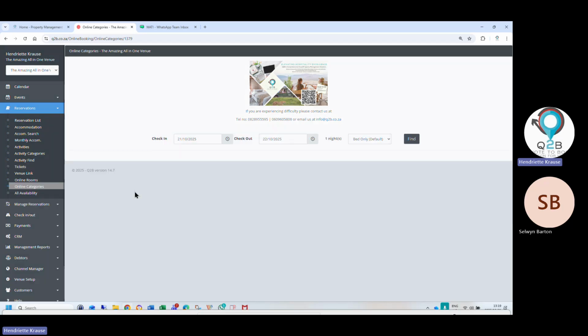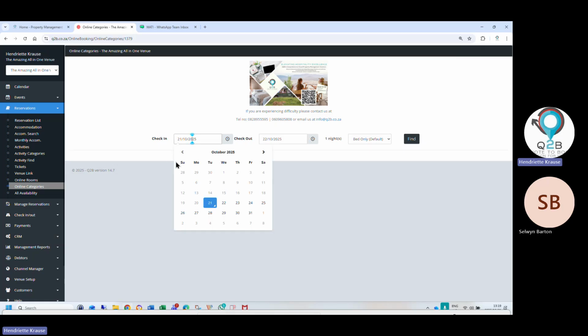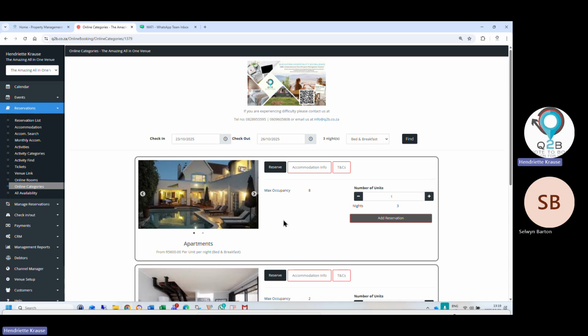Okay, these are online links. So you put this link behind your book now button, and people go to your website. You can also WhatsApp the link. They don't have access to the menu. They will come here. They will select the date. They will select their checkout date. And then you can decide which rates you want to have available online. If you only have one default rate, we don't display this section here, and you only offer them one default rate.